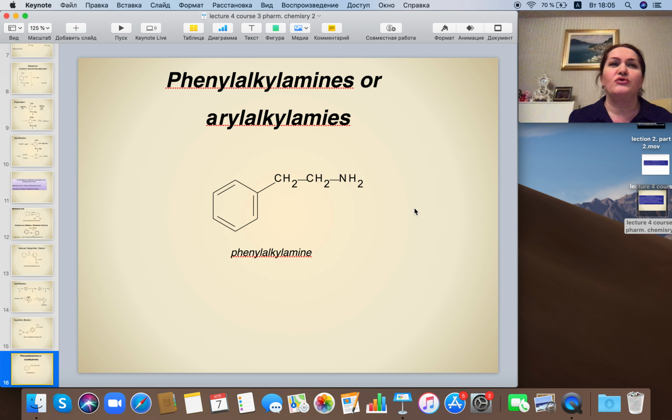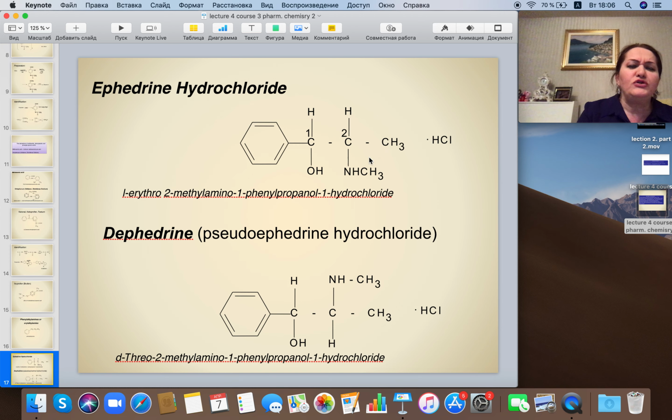To orthodeoxyphenylalkylamines belong catecholamines, and we will speak about them later. But to metadeoxyphenylalkylamines belong other preparations, for example, salbutamol, or isoprenaline sulfate, or Alupent, Asmapent, or fenoterol, Berotec, which are used in treatment, for example, of bronchial asthma. These preparations have properties which constrict the blood vessels and expand the bronchi. And the first preparation, which belongs to